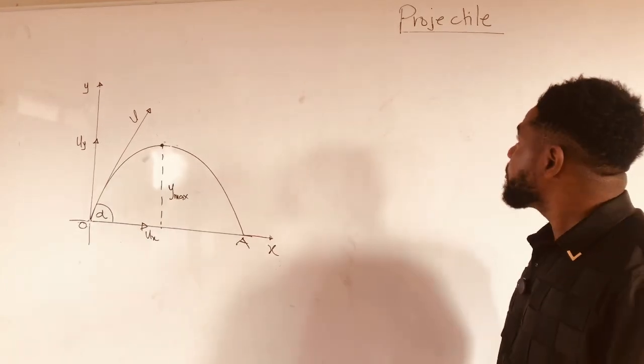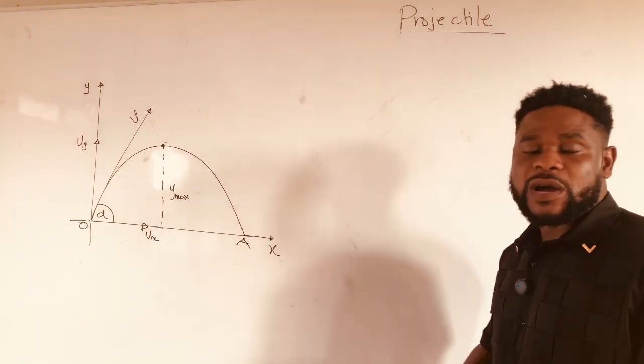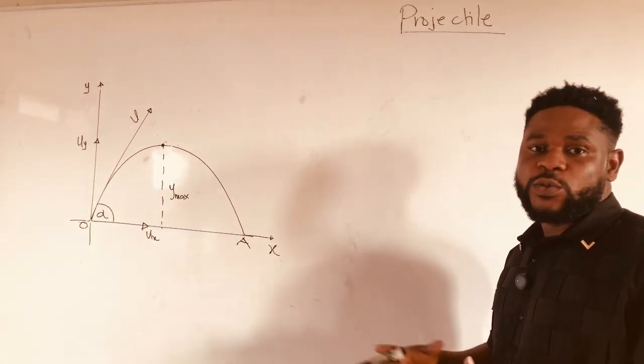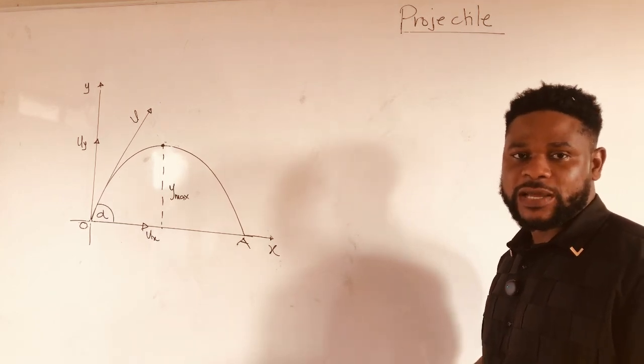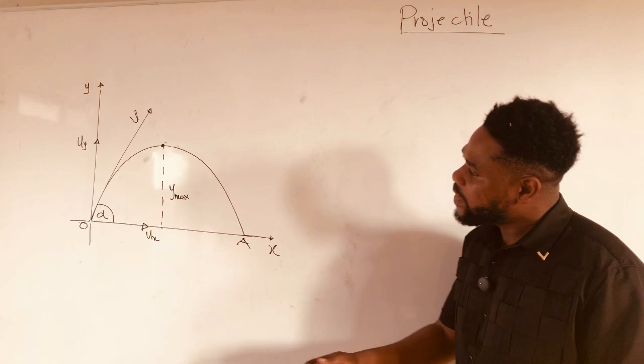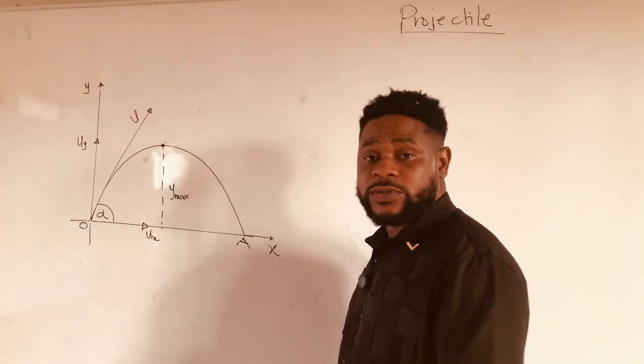Alright, today we are going to look at the topic projectile in physics. Now when we talk about projectile, we said it's when a body is given an initial velocity and moves freely under gravity. Now let us look at this diagram here and see how we can use it to derive